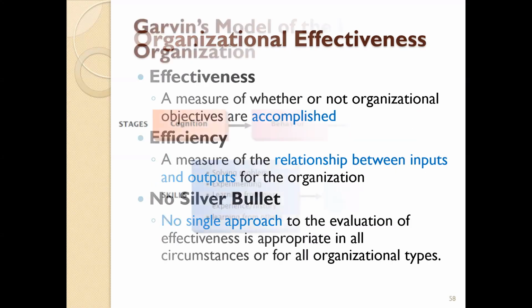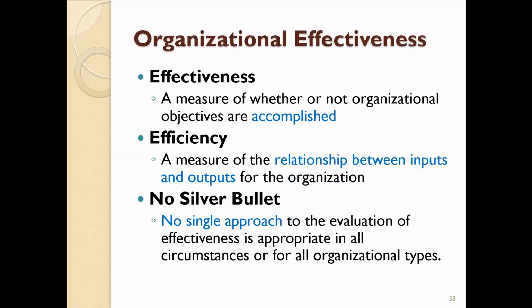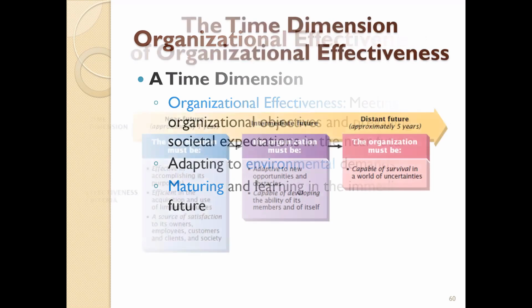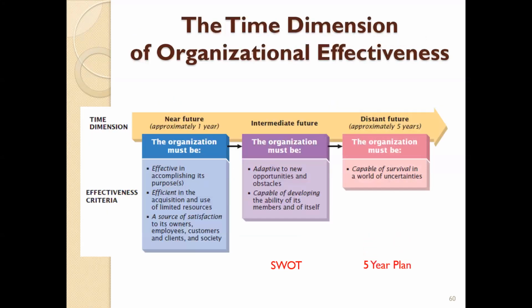This is where we were, right? All right. Time dimension. Well, we're talking about the 5 year plan and the SWOT, right? Both of them are similar in terms of a time period that you hope is not too long, that you can manage what's happening, and your hope is not too short that things fall apart while you're waiting on things to happen.